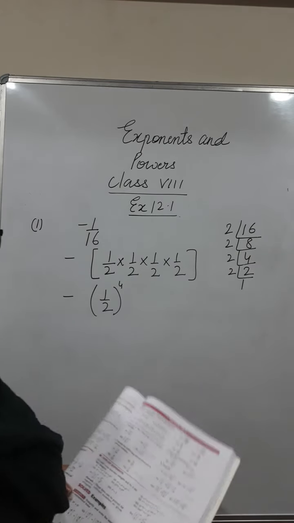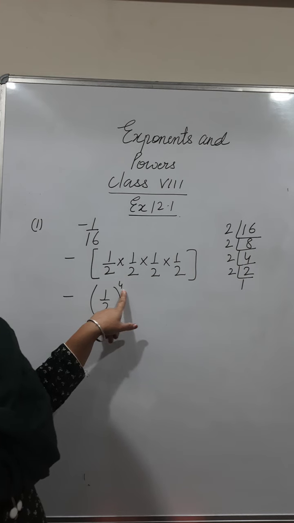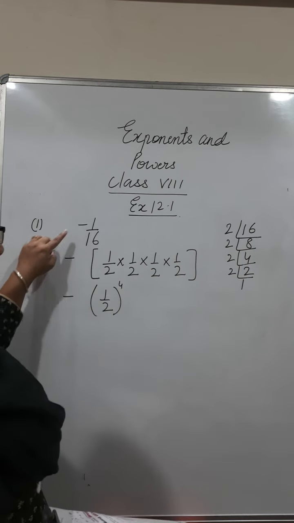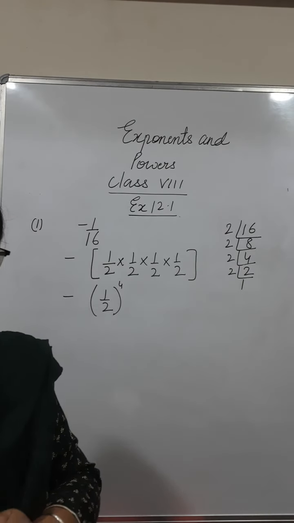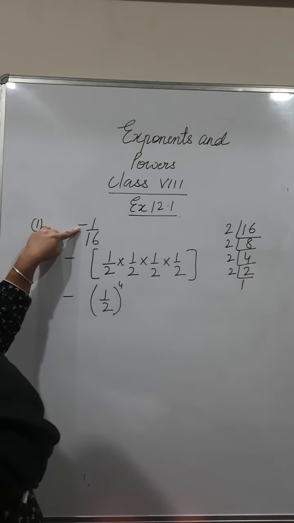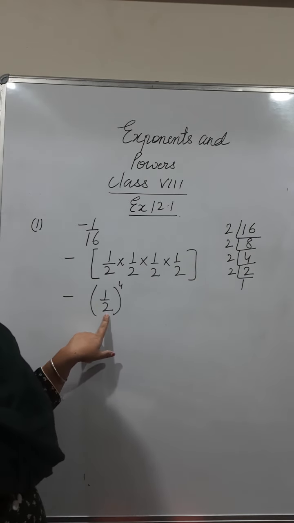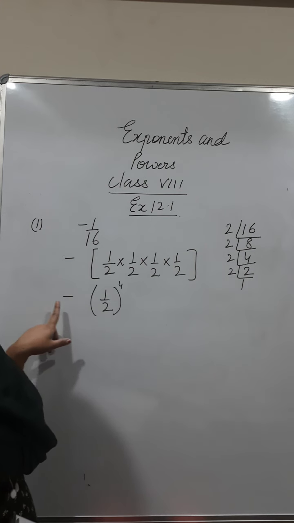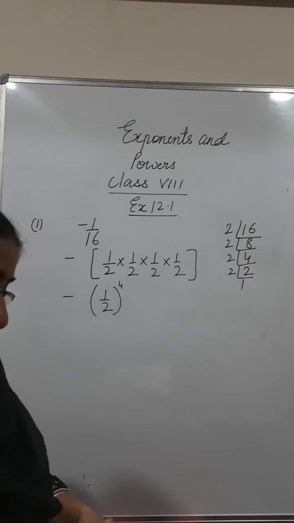The reason is that I am getting an even power. If I take this negative sign inside, the answer to this will become positive, because negative multiplied 4 times has to become positive. But here he is giving us a negative sign in the answer. And this is only possible if I multiply 1 by 2 4 times and the answer of this is multiplied with this negative sign. Then only I can get the answer minus 1 by 16.